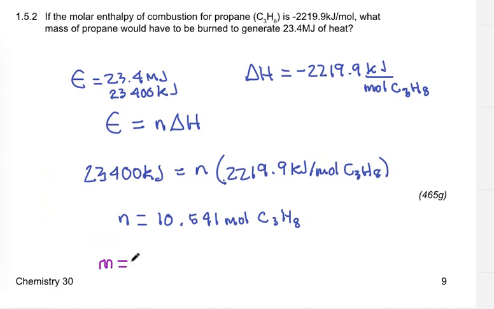The mass of something is its number of moles times its molar mass. Our number of moles is 10.541. Molar mass for propane is 24.03, 32.11. No, I'm sorry. 3 carbons, so 36.03 plus 8.08 is 44.11. That's a number I've heard before. Okay, so 10.541 times 44.11 gives